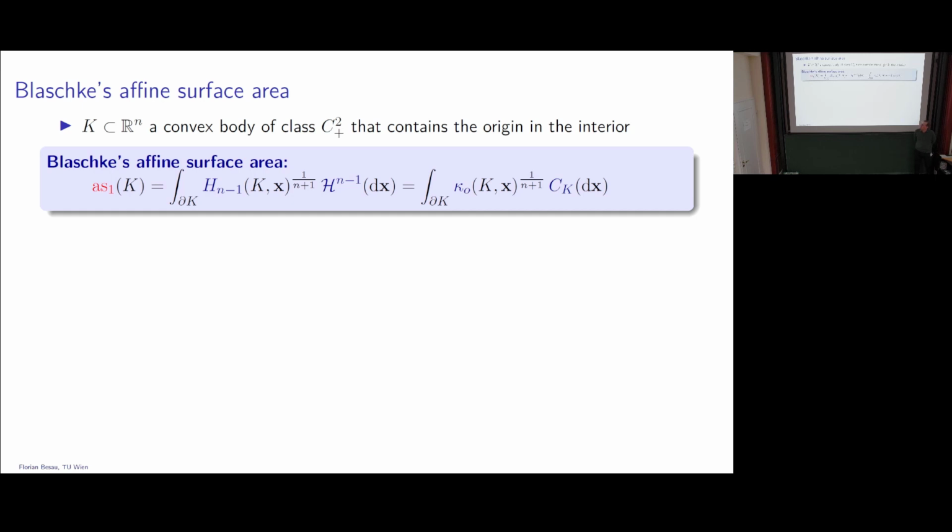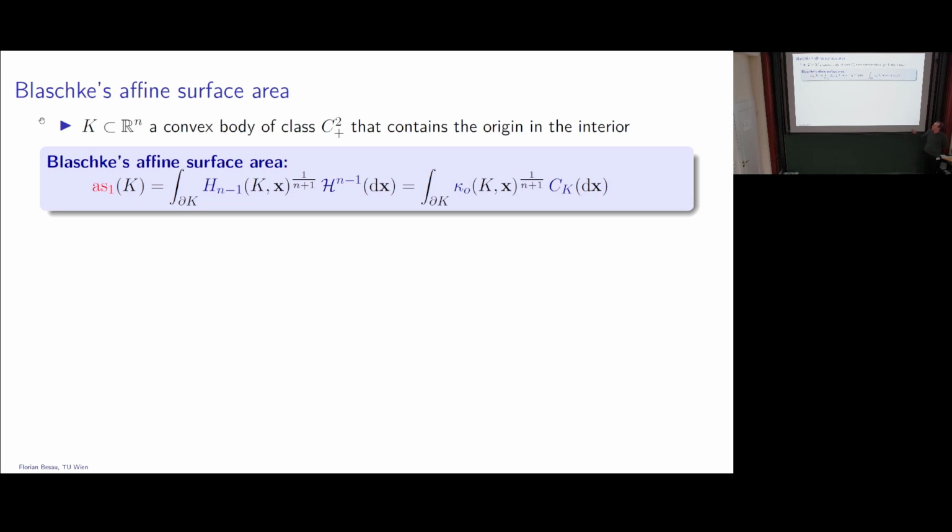Okay. So to start off, let me give you a brief overview of what we call the notion of affine surface areas, and let's start with the classical notion by Blaschke. So when we have a convex body K, and for now let's assume it's regular enough, so we have a twice differentiable boundary with everywhere positive curvature, then we can define affine surface area as defined by Blaschke in low